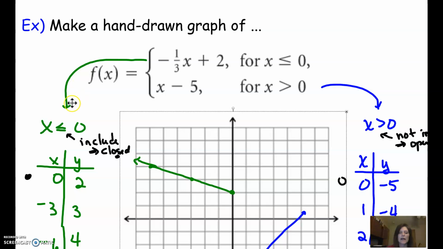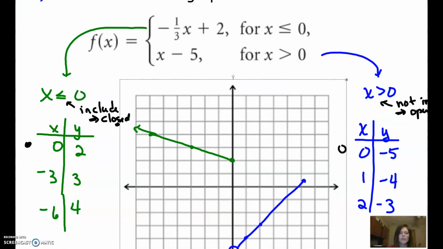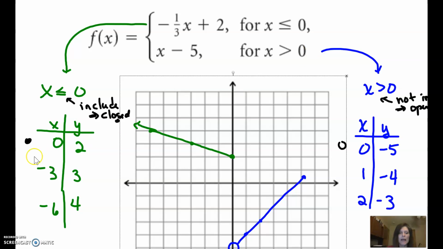So I'm going to take this top one and remind myself that x is less than or equal to 0, and I'm going to make a table. So I am going to use 0 because that's where it breaks. You notice I put a little solid dot here. That helps me remember that that's where I'm going to get a filled circle. So I put in a 0. The next number I'd want to try is a -3. Why not +3? Because I'm dealing with x's that have to be less than 0.